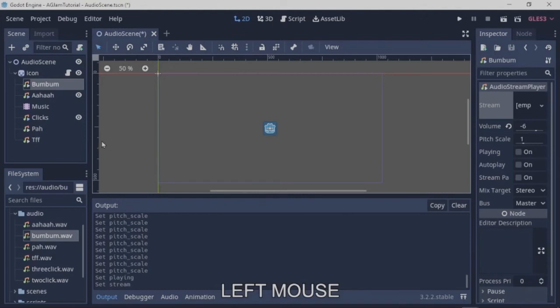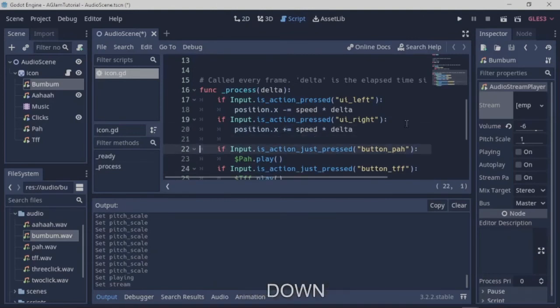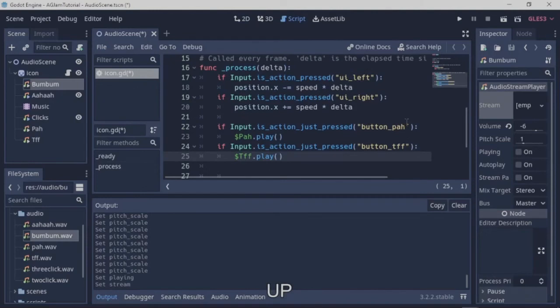Okay, so what I'm going to do is tie, we've got the left and the right sort of controlling our positional sound. What I'm going to do is tie this up and downness to the pitch scale. So first of all, I'm going to add a bit of code that lets our robo move up and down. So back in script, I'm just going to put a bit of a gap between those movement things and the